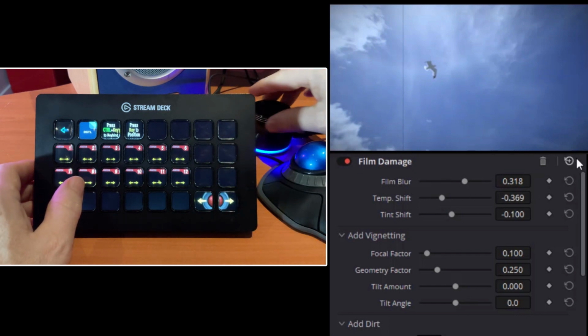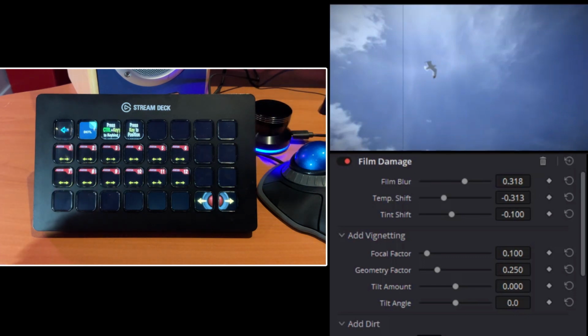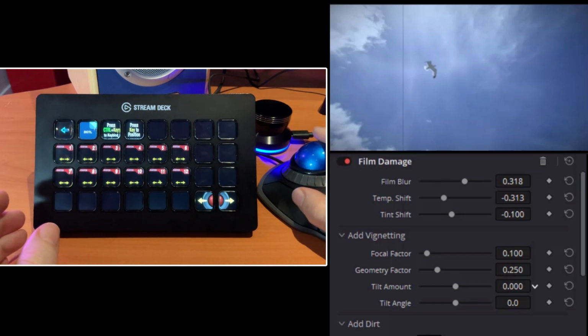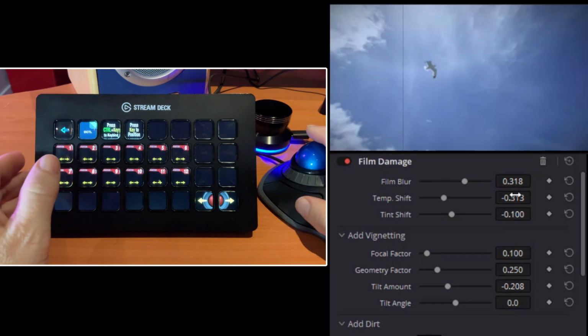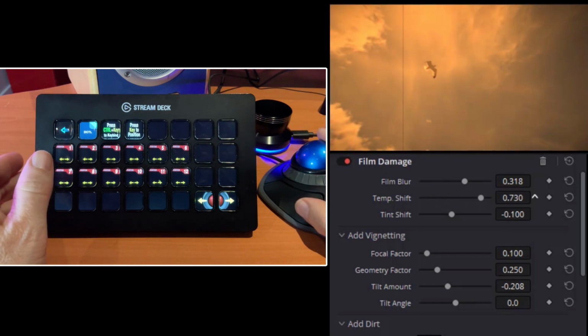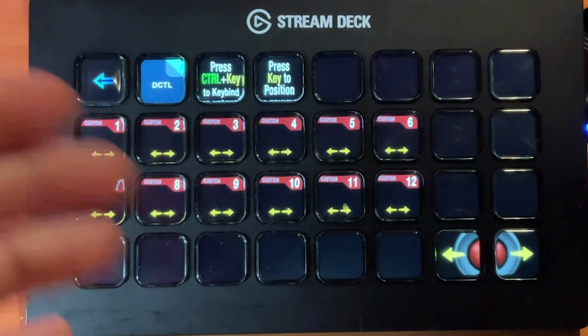Or I can use my shuttle to adjust the value. And pressing the 3 key allows me to adjust the tilt amount of the film damage effect. Very quick and easy to assign any parameter you want, and it's going to remember the effect you apply to it. Now I'll show you how you can adjust a few other things with this, but just while we're here,